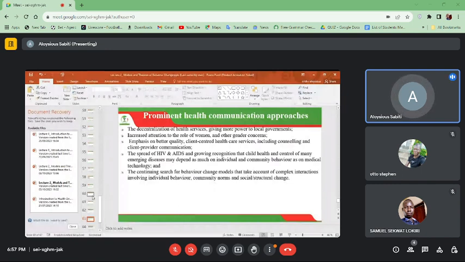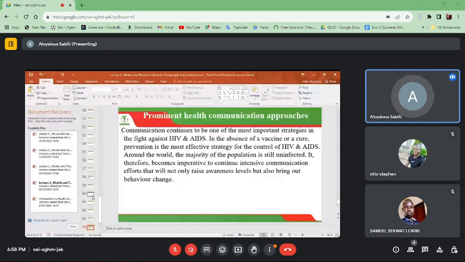At the health facility. So, if you can, through communication, you will be able to influence some of these community norms, but also social changes, and then subsequently, you are also able to influence someone's individual thought or behavior. And you will realize that through your communication, people are able to attend to you. So, communication continues to be important in HIV, but also in any other disease.